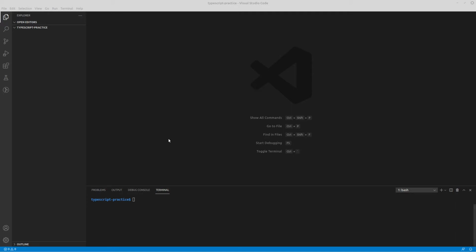So I created a folder, called it TypeScript Practice, and opened Visual Studio Code in that folder. And the first thing we want to do is actually install TypeScript. So we'll run npm install, and we're going to save it as a dev dependency. If you do --save-dev, it's saving as a dev dependency, but you can just do -D and it's the same thing. And TypeScript. So that will create a package.json file,